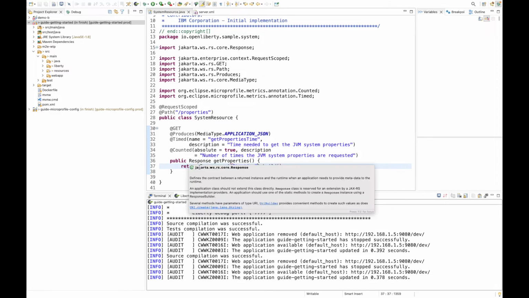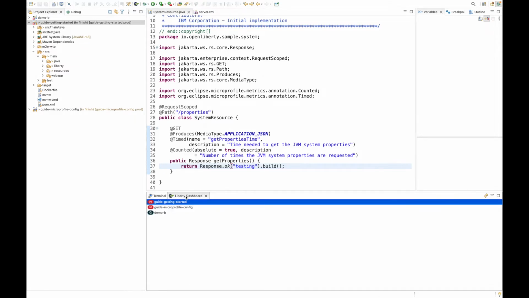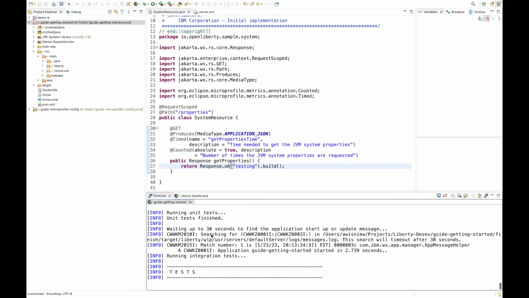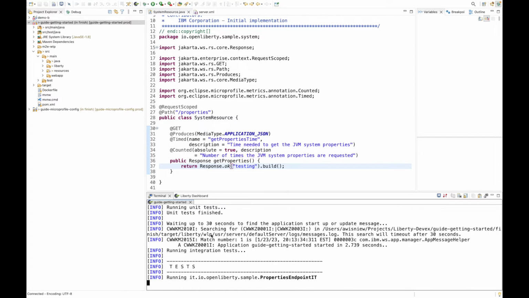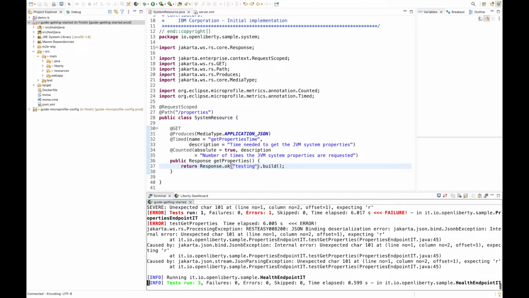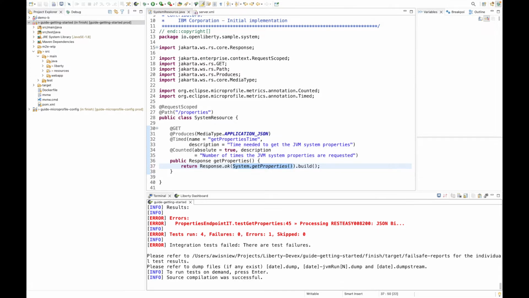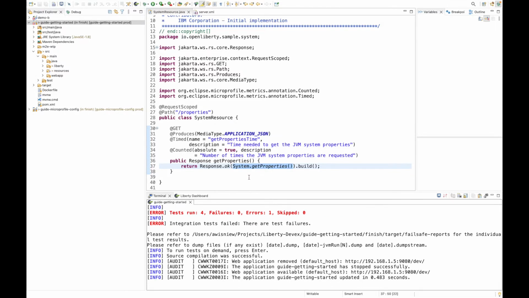Now another nice thing with Liberty Tools is I can automatically run tests whenever I want. So I have a series of integration tests within this application. So if I click on Run Tests here, my unit tests are automatically kicked off. And now that we made this change here, one of the validations should fail. So let's go ahead and see that. Now let's change this back to make sure that these tests work again. And automatically dev mode picked up these changes. Let's go ahead